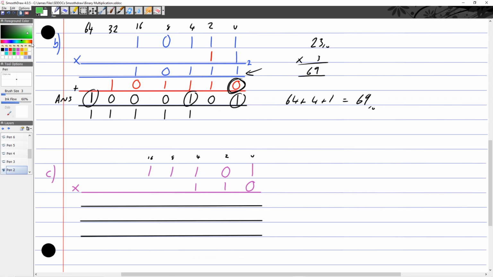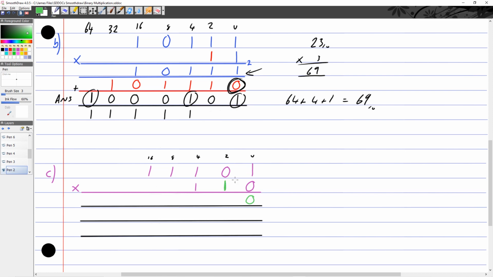So in the next example, we have 11101 times 110, but there's no point in multiplying by the 0 and putting it in an answer box, because we know 0 times something is 0 anyway. So we're going to move straight on to this column, and when we move on to the next column and multiply, we will put a placeholder to shift it over correctly, and then just say, instead of saying 2 times 1,